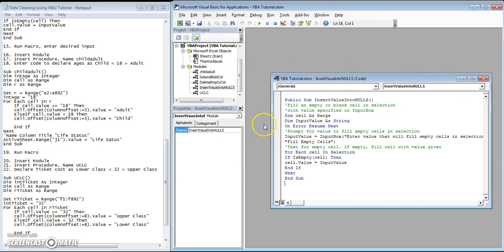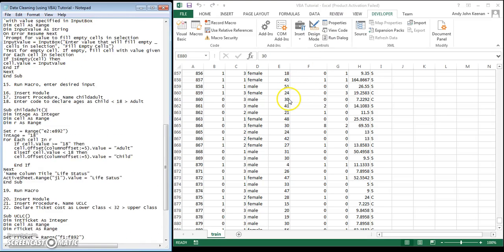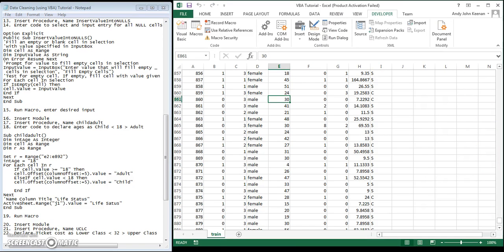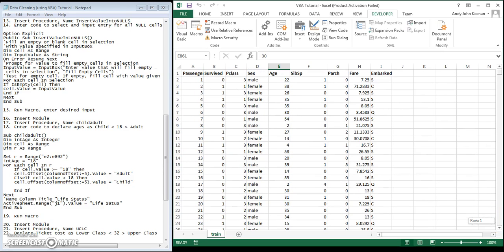Alright, now we're going to make the age. We want to define any children and adults and create a new column for all the children and adults, which will help us with our predictions, because usually children survived more than the adults. So in this case, we're going to make a new column in J, and we want any person who is less than 18 to be considered a child, and any person greater than 18 to be an adult. Now in this case, we'll go back to our VBA code